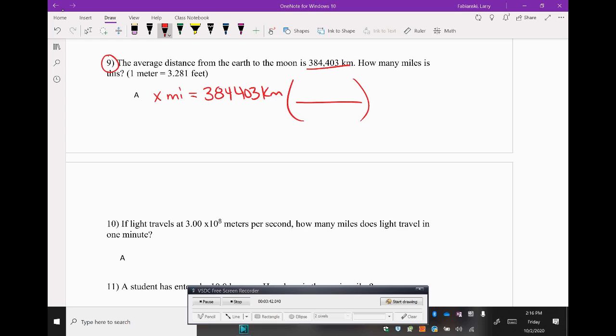Looking at our equality sheet, we see that we can go from km to miles in one step. Km's cancel because it is top to bottom. And for every 1 mile, we have 1.609 kilometers. Dividing this out, we get,